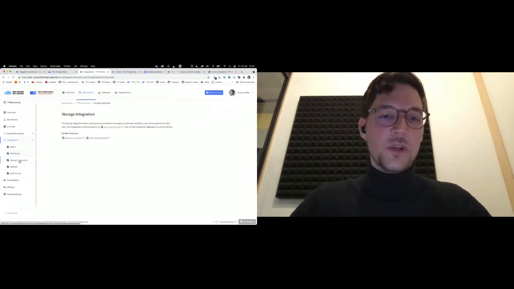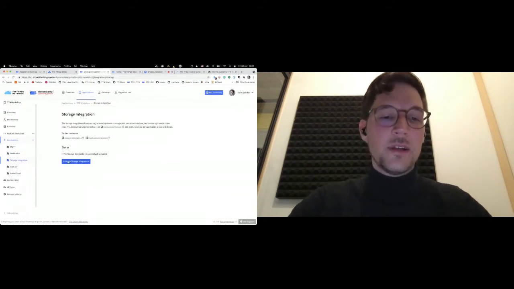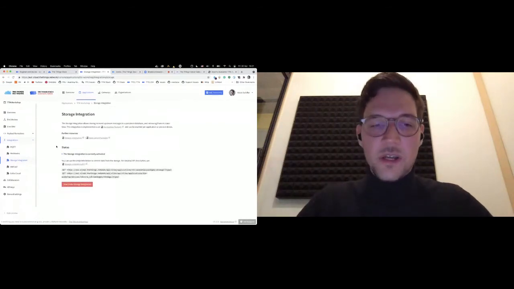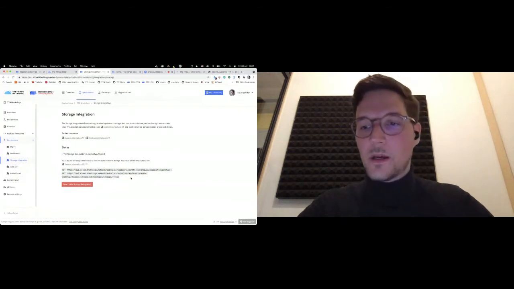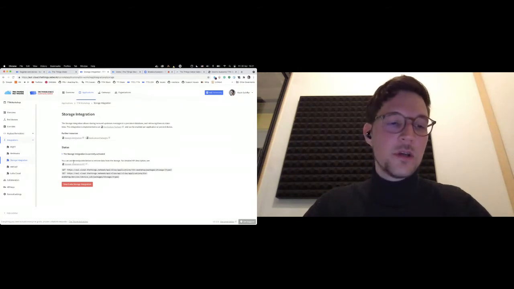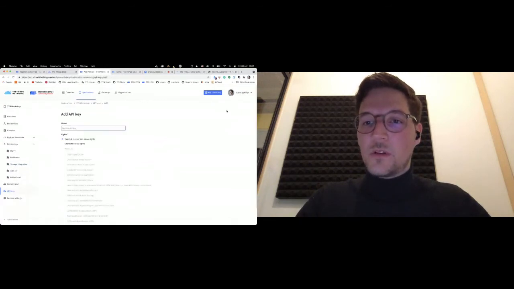The first thing we need to do is go to the storage integration tab and activate storage integration. That is just one click of a button. Everything is set up. You will already get a view here or a description of the API endpoints that you should use in order to use the storage integration. Next thing, since we want to view